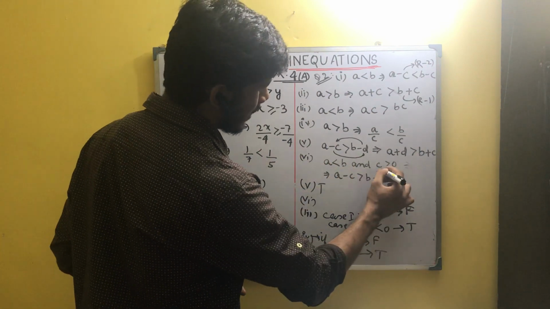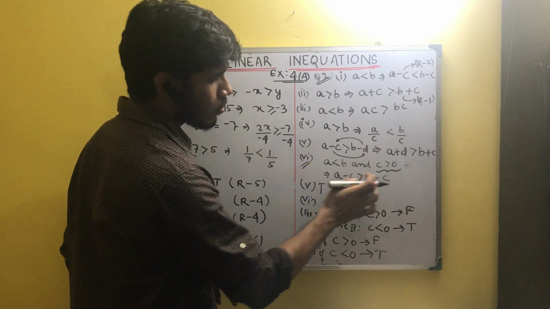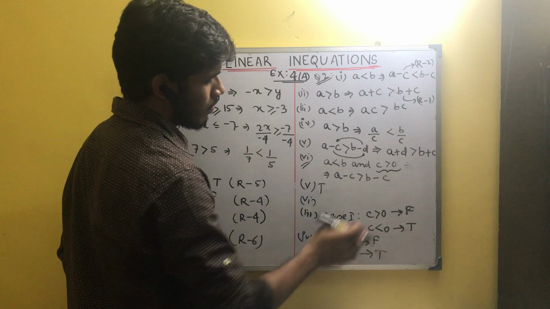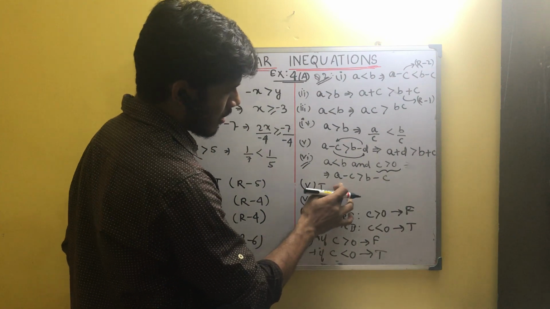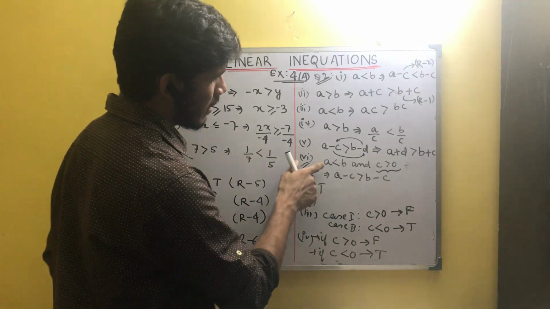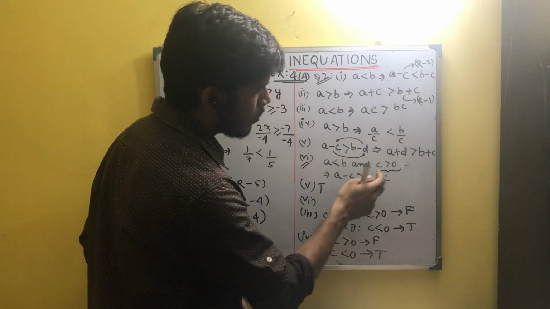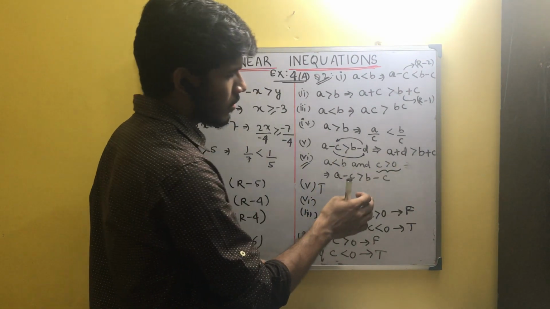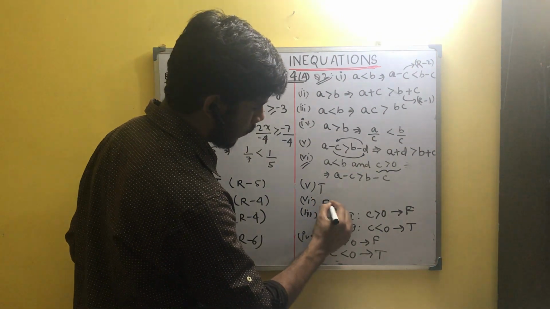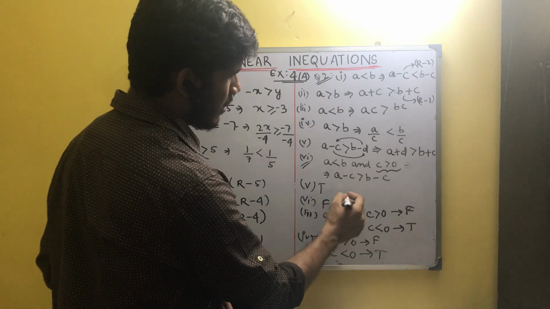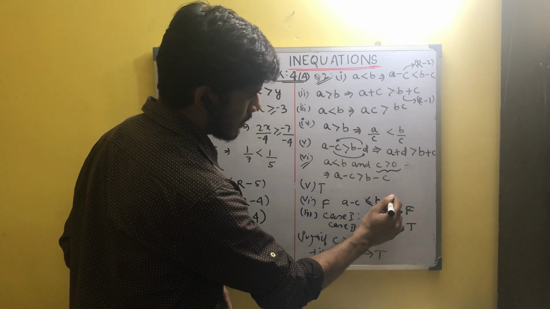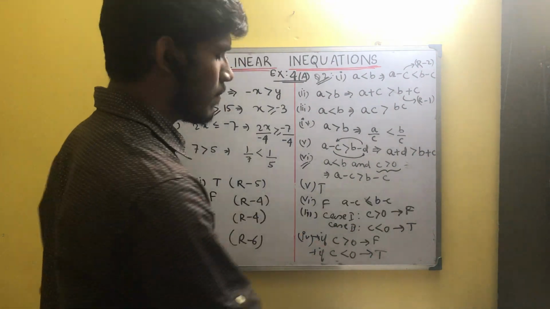Now sixth one, if a is less than b and c is greater than 0. Now for this particular question it has been mentioned that c is a positive number. Now if c is a positive number, then a minus c is greater than b minus c. Now this is false, obviously false, because a was less than b. Then if you subtract something, why will it reverse the sign of inequality, isn't it? So it is false. It should have been a minus c is less than b minus c, because a was less than b.